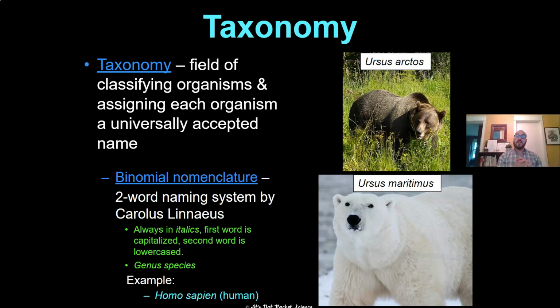Now, what's interesting here about the grizzly bear and the polar bear is our species definition that we talked about was species have to be reproductively isolated, and if they're not reproductively isolated, then they can't produce offspring that can then go on and have offspring of their own. What's interesting about the grizzly bear and the polar bear is they do tend to be reproductively isolated in the wild, but as the polar ice caps continue to shrink due to climate change,